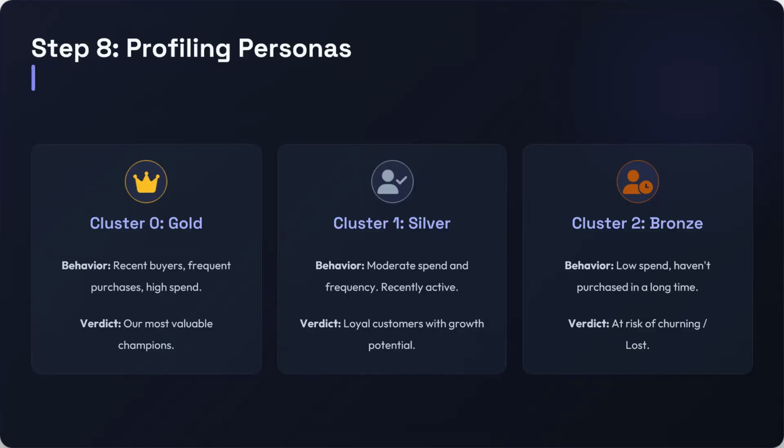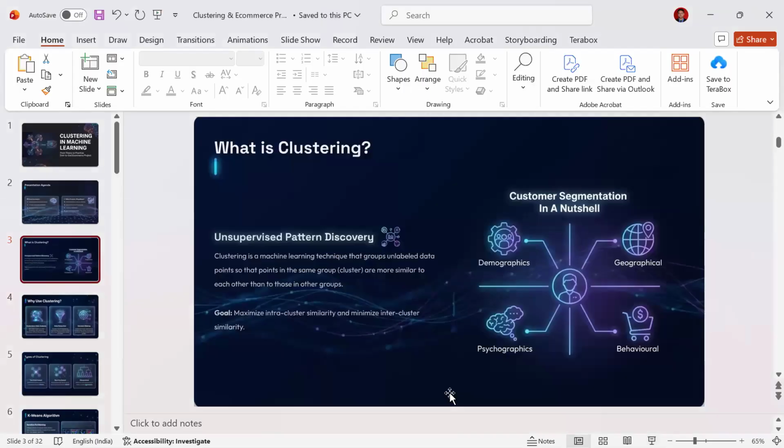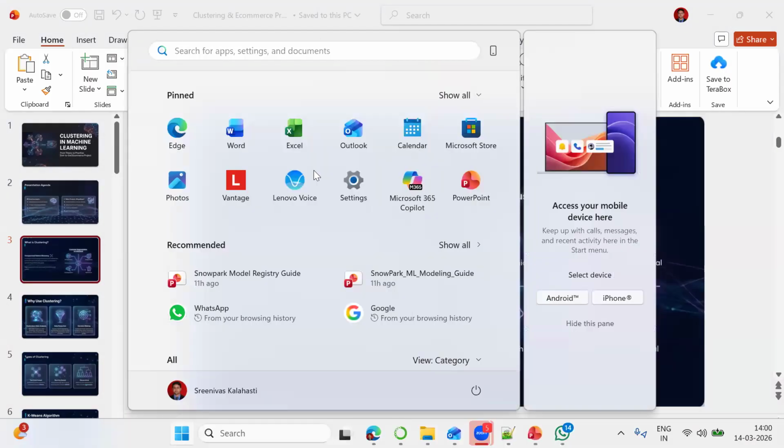So this is what clustering is. Clustering means nothing but creating groups. Clusters, or groups, both are the same. So we are creating one group as cluster 0 as gold, cluster 1 as silver, and cluster 2 as bronze. We have 3 clusters here, so we are dividing like that. Let us see some example, then we'll understand better.